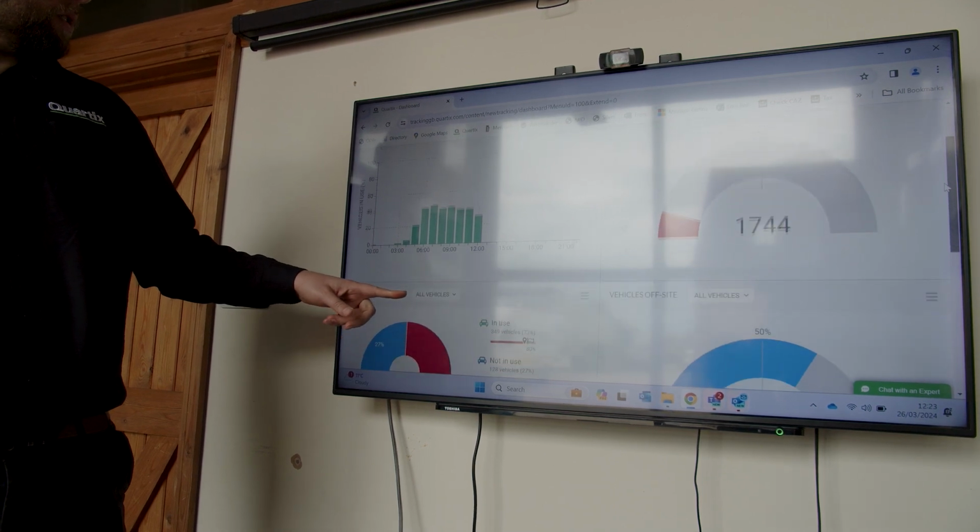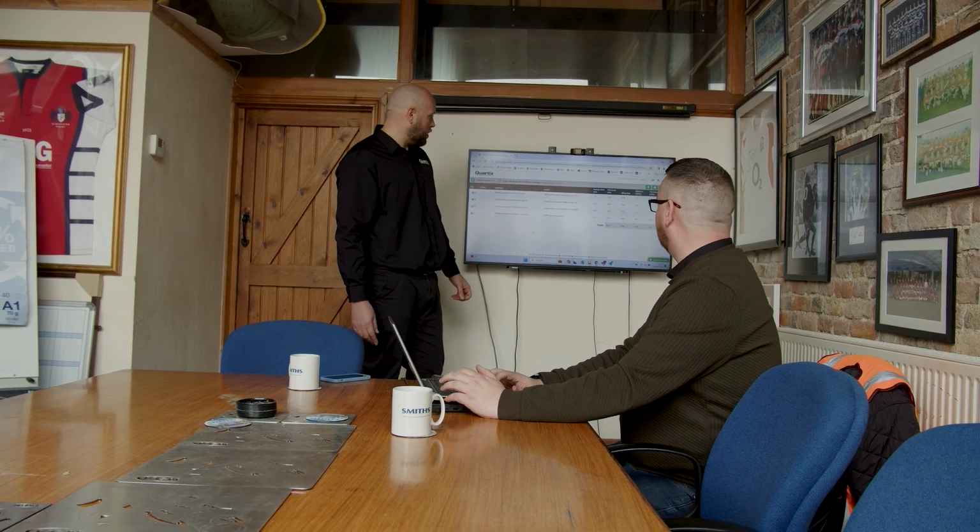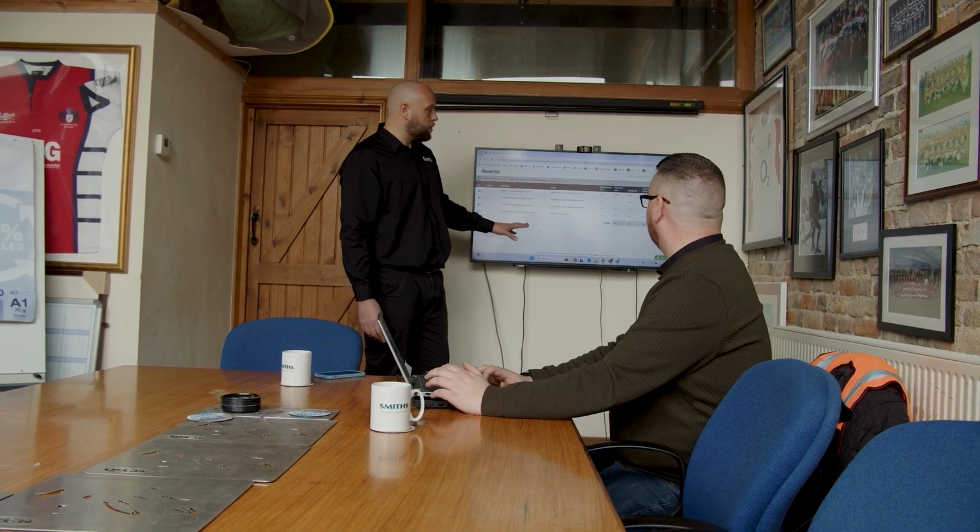I understand the fear of moving trackers, whether it's 5 vehicles or 500 vehicles. It's a big step, and ultimately you've got to get the stakeholders across the business engaged in this and brought into it. But with Quartix, they effectively took that management side of it and just dealt with it for us. It wasn't having a negative impact on downtime, it wasn't having a negative impact on resource or any division throughout the business. The implementation process needed to be specific to us rather than us working around another business, and Quartix